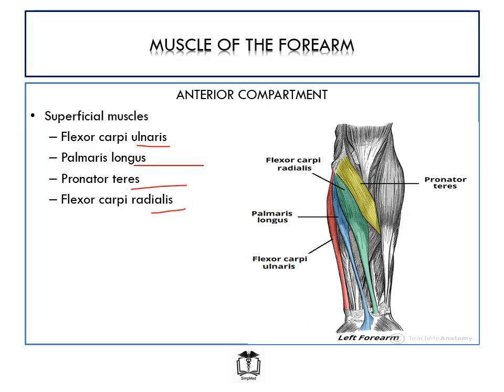Then we have the palmaris longus muscle. The palmaris longus muscle is the muscle in blue. This muscle originates also from the medial epicondyle of the humerus, from that common flexor tendon that is shown here. So alongside the flexor carpi ulnaris, the palmaris longus also originates from the medial epicondyle, from that common flexor